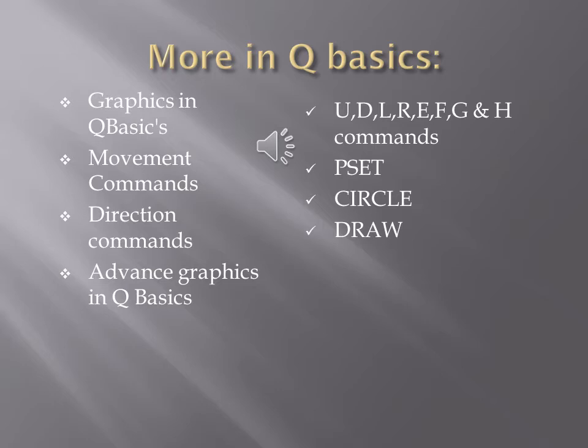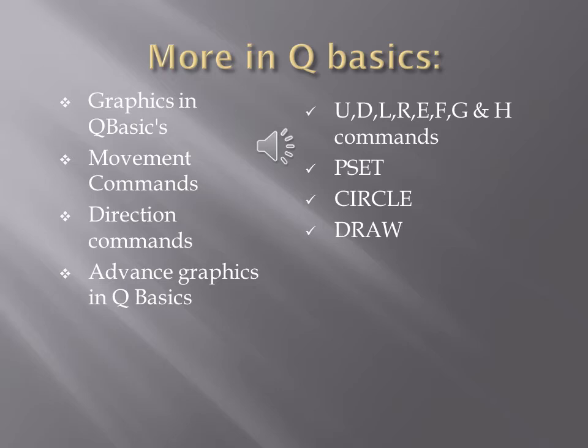And in graphic mode 2 you have 640 columns and 200 rows, and the coordinates of the top left corner pixel are 0 0, same as graphic mode 1, and the coordinates of the bottom right corner pixel are 639 199. It is very important to know these things for the online quiz.